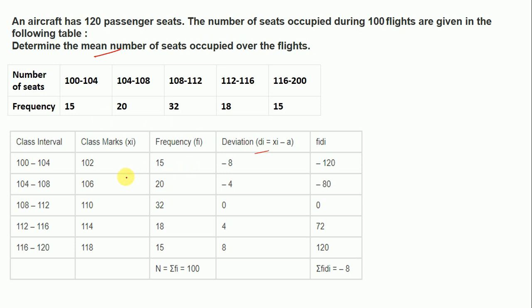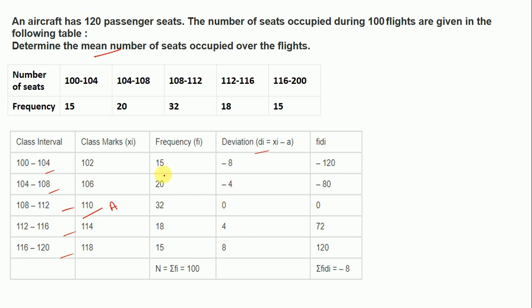So in this question also we have to find the mid values, and it will come out as from here 102, 106, 110, 114, 118. Now frequency is already given to us, just note that. Now deviation, what will be deviation? So in this case also we have to assume mean. So we are assuming 110 to be our mean. So 102 minus 110 will come out as minus 8. 106 minus 110 minus 4. Similarly calculate these. These will be your results.